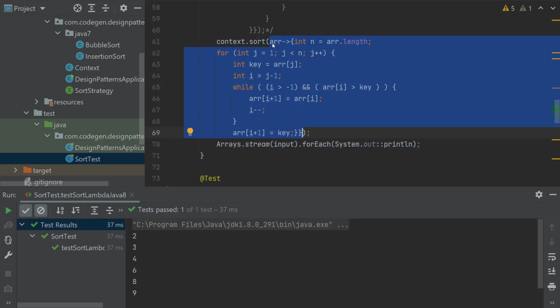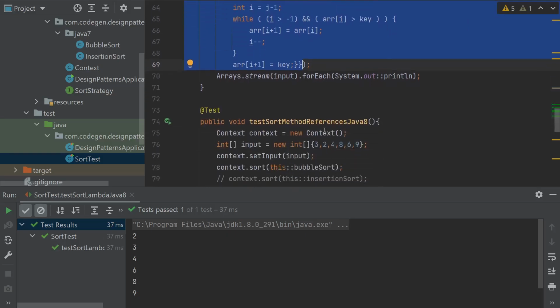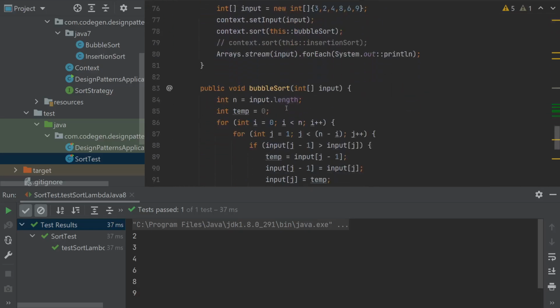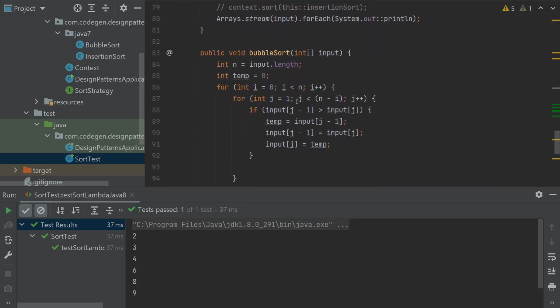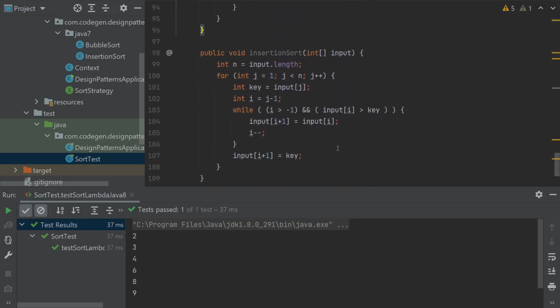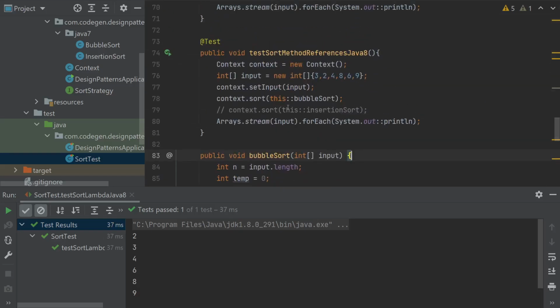We could extract this piece of code into a method and have that method referred to from the sort operation as a method reference. So I have extracted the algorithms as separate methods, bubble sort as one method and insertion sort as another, and have them referred to in the sort operation as a method reference.